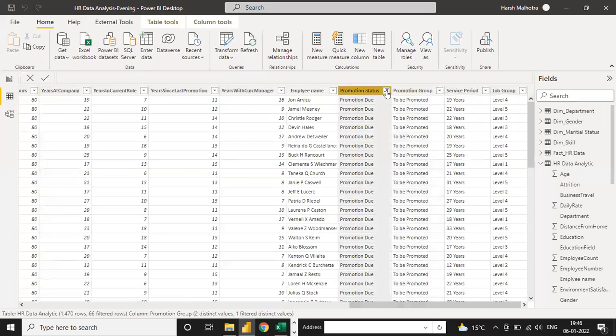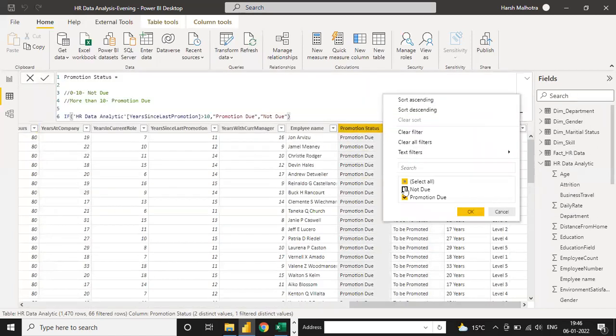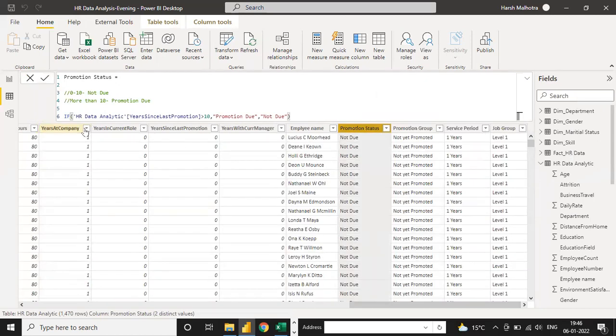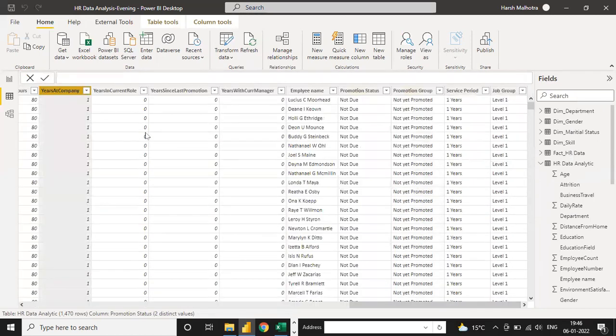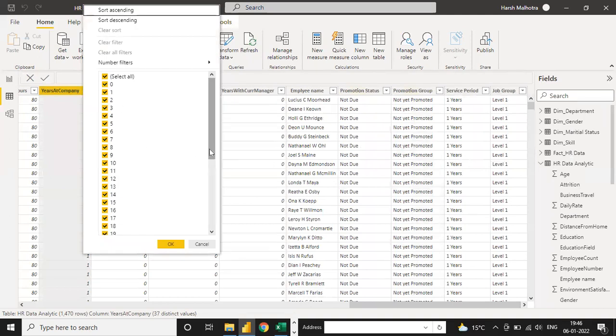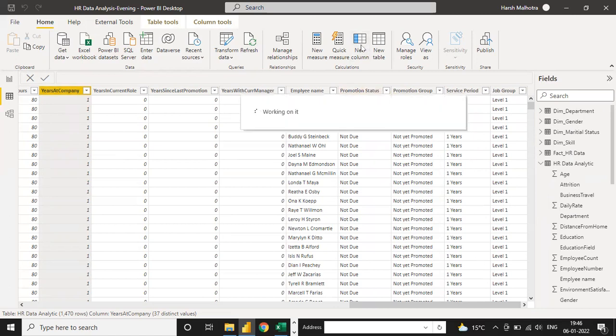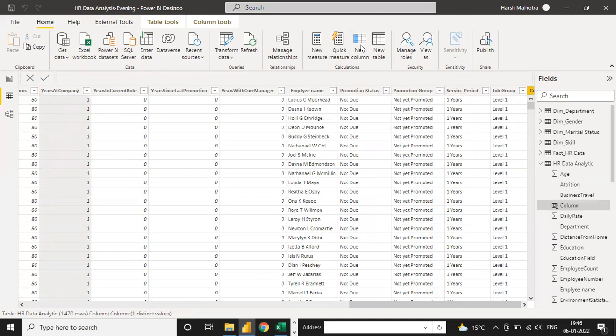Because here we already have a filter. Okay, if you click on this node view, you can see year at company has data from 0 to 40 years of experience. So we can write a condition on this basis. So on year at company, you have to write a condition. So click on new group, new column, sorry, not a new group, new column, and write one function here.